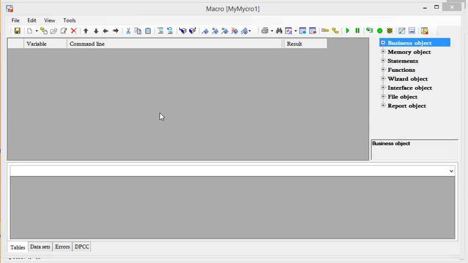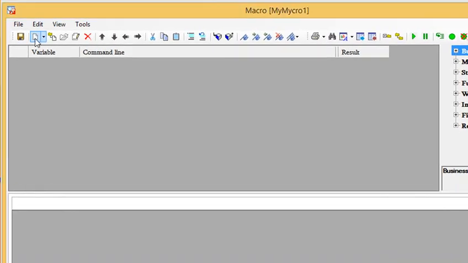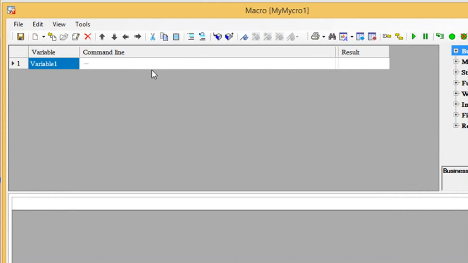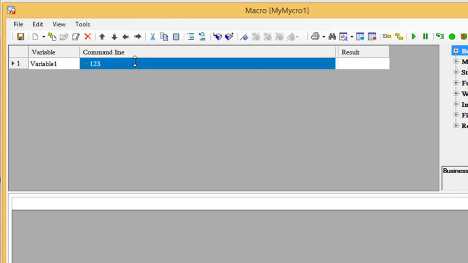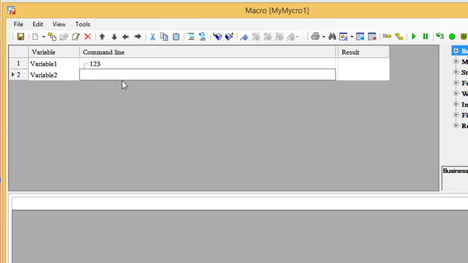We can use several types of variables when writing macros. Let's take a look at them. So I'm going to create variable 1 and assign digital value. We can assign integer number as well as fractional. So I'm going to assign integer number to this variable and fractional number to the next one,